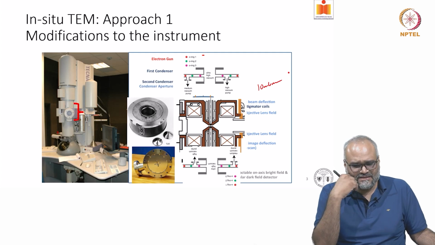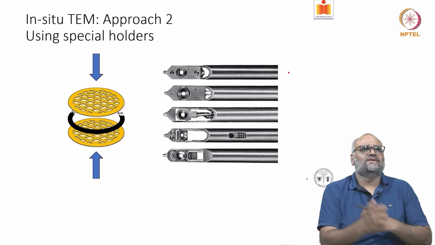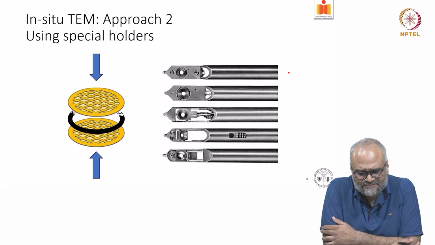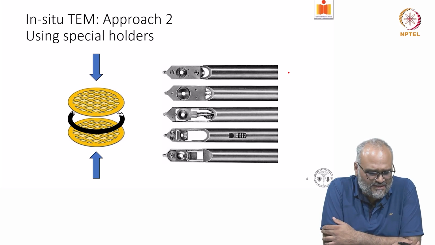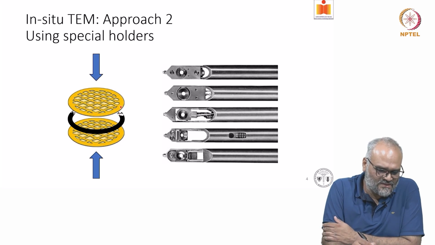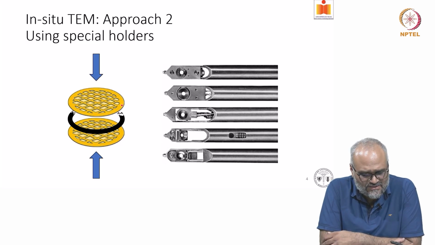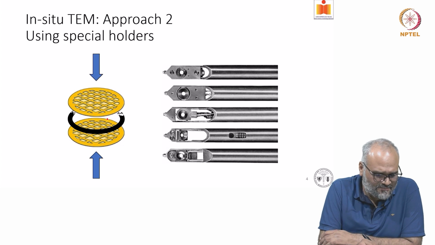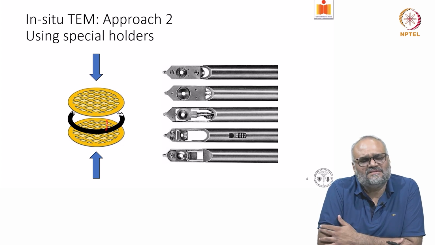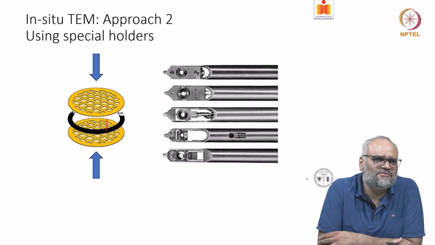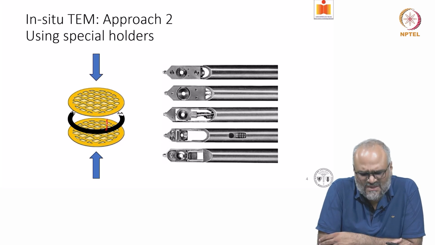But then the other way in which you can have in situ experiments in the TEM is you use special TEM holders. So this is how a standard TEM holder looks like, and within the TEM holder, if you introduce two halves of grids, so here the very first attempts were done by using polyacrylonitrile membrane grids which were sandwiched one on top of the other, and in this gap the specimen you want to study, typically a liquid kind of a specimen, was introduced, and studies were done as early